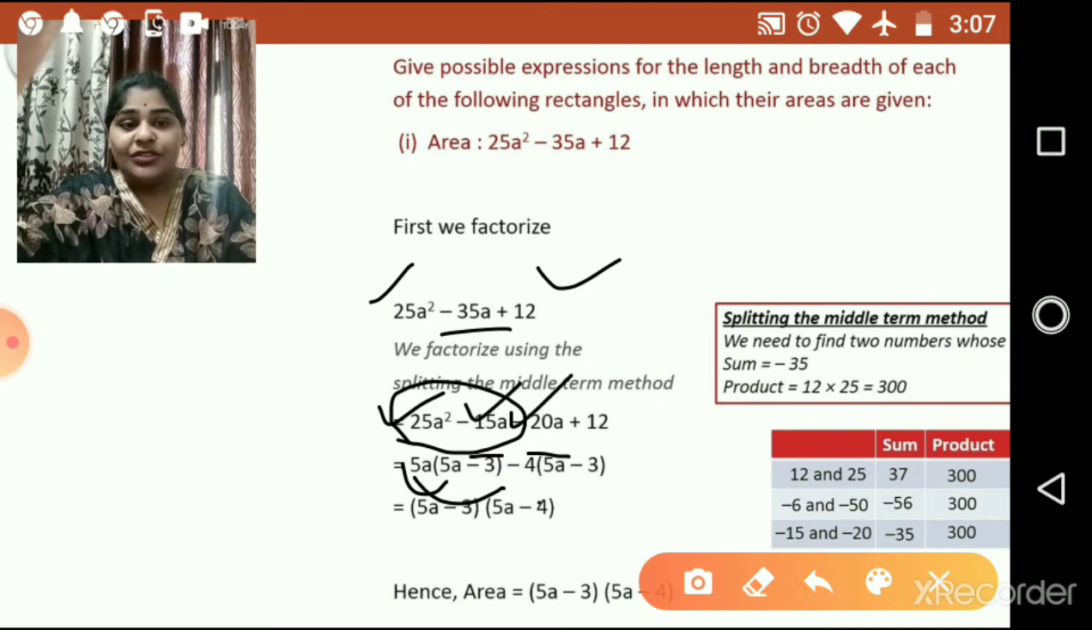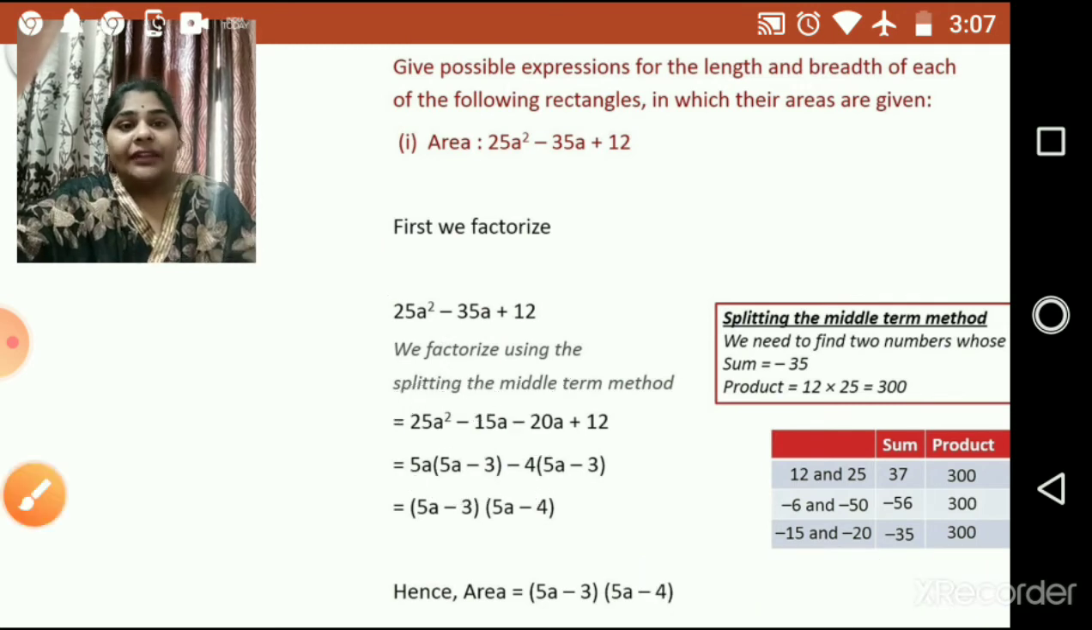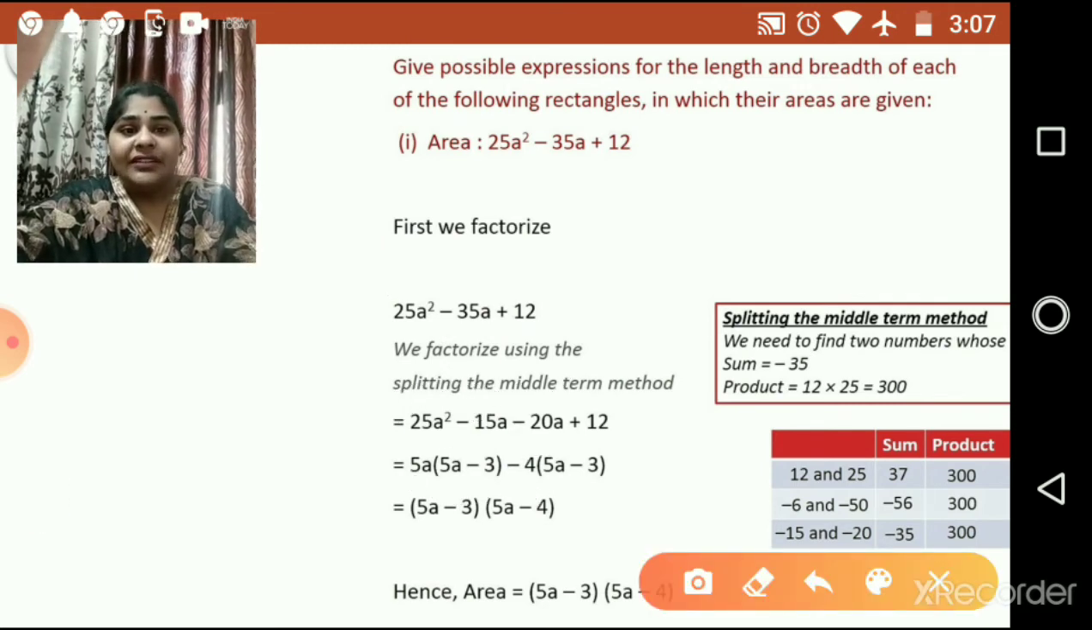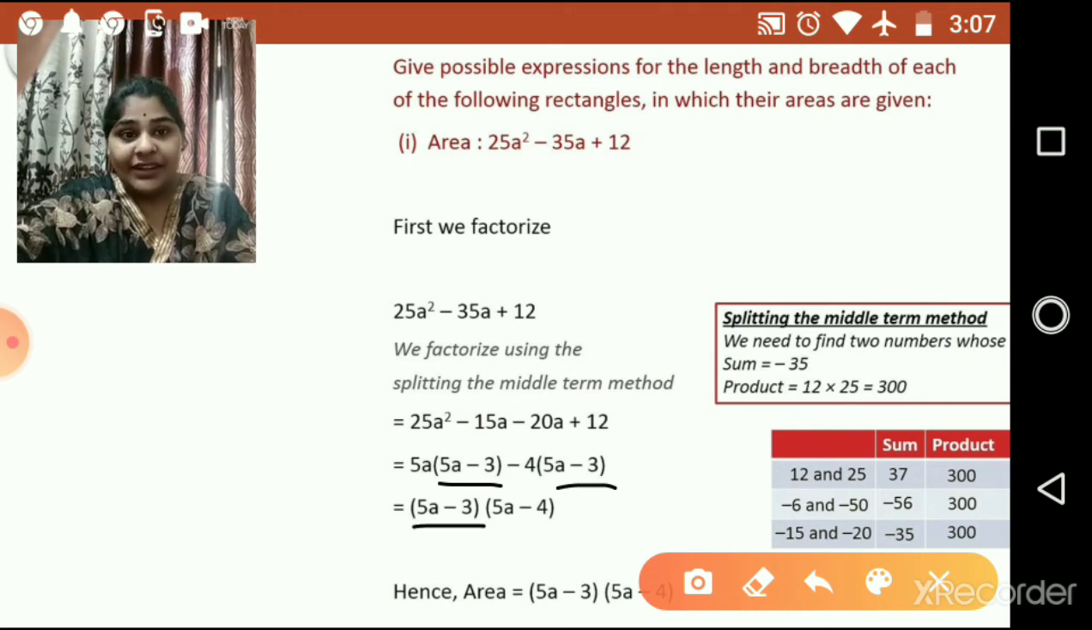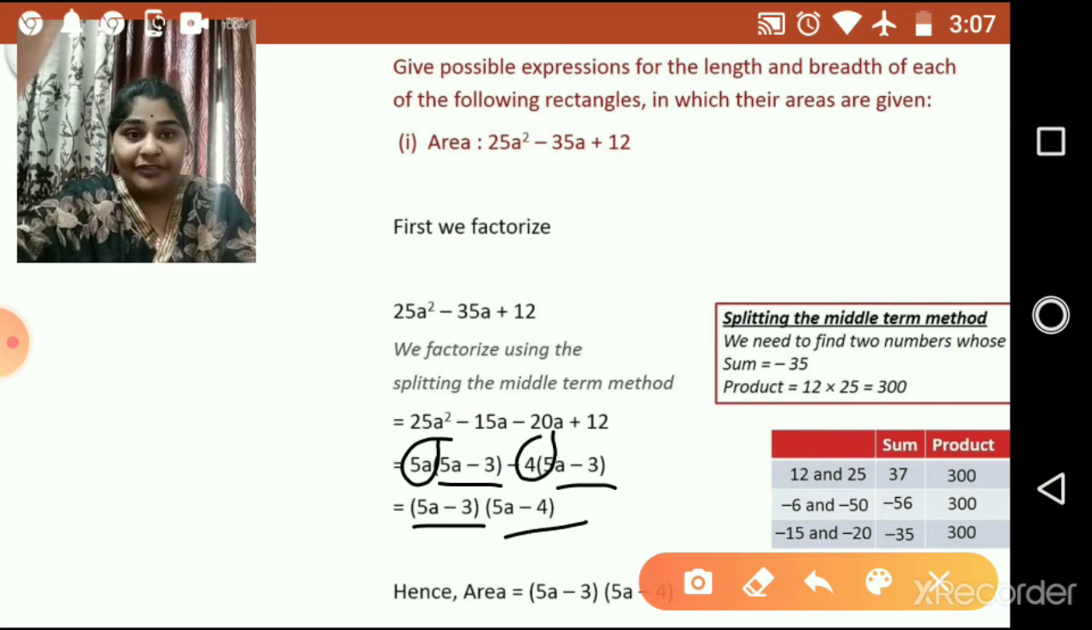So like this, you take common from the other two terms also. That is minus 4 common, 5a minus 3 in the bracket. Now here, if you see, the brackets are same. So this will be my one factor, that is 5a minus 3. And the remaining other two, I will take in the other bracket, that is 5a minus 4, which is my second